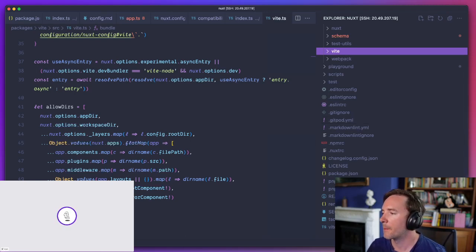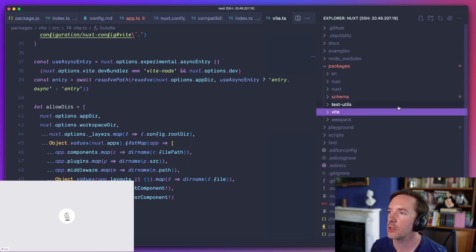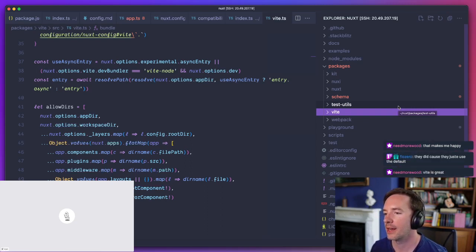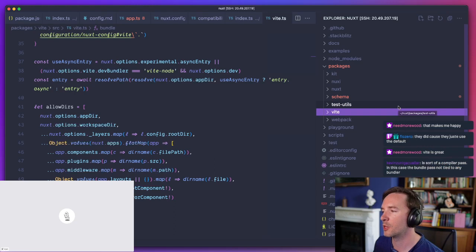Yeah, I've only ever used Vite. Yeah, Vite is amazing. Vite is lovely, but Vite is also different in scope from Webpack. Webpack has a runtime. I guess Vite has a small runtime as well. But Webpack has a whole thing, and so module federation, for example, is much more doable.